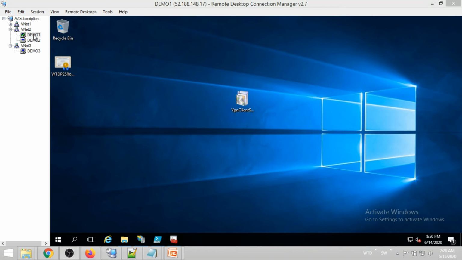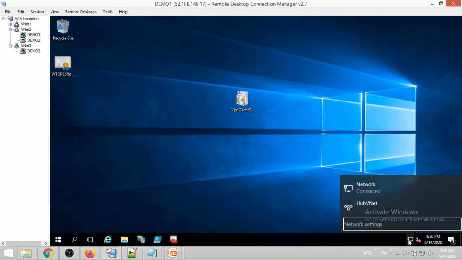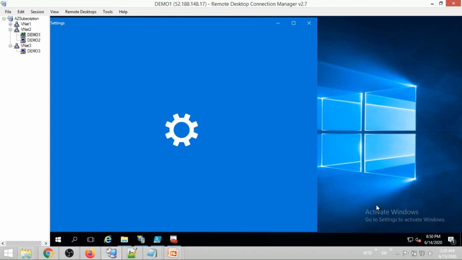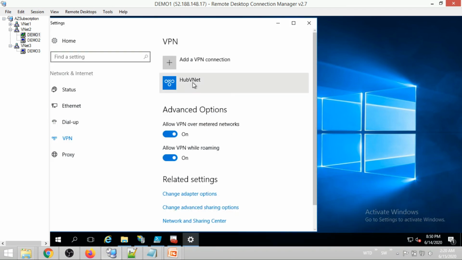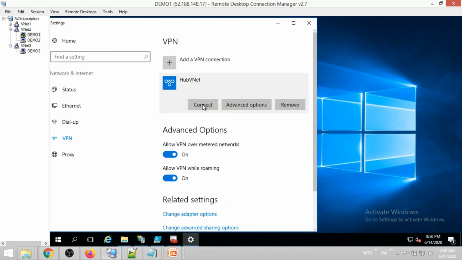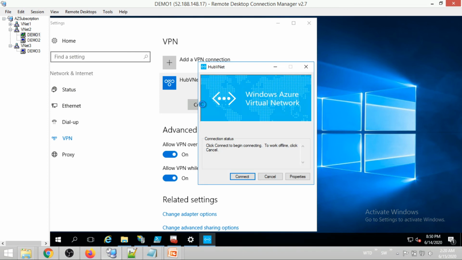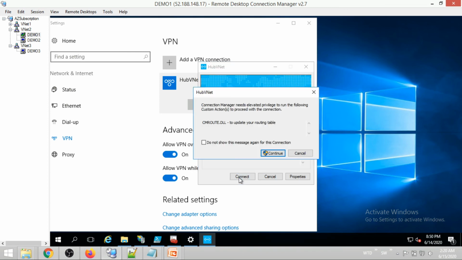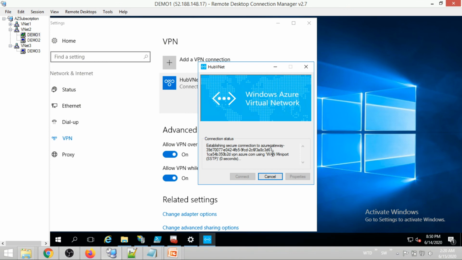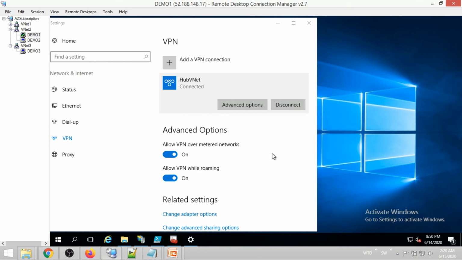So here in this demo VM we have installed the VPN client and here it is Hub VNet. Let us connect to this VPN. Once this VPN is connected, we can use the private IP of the VM.